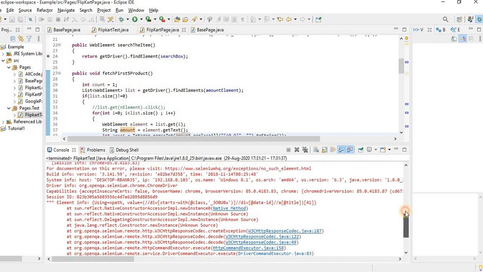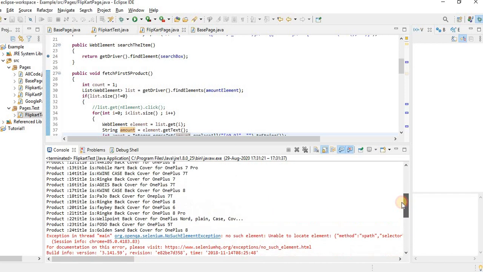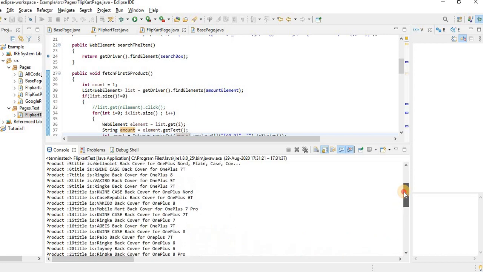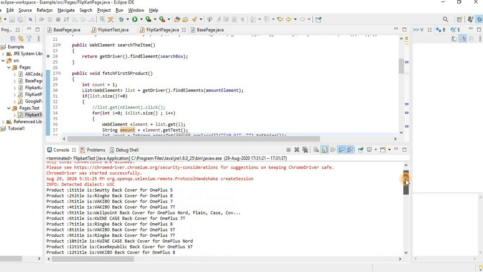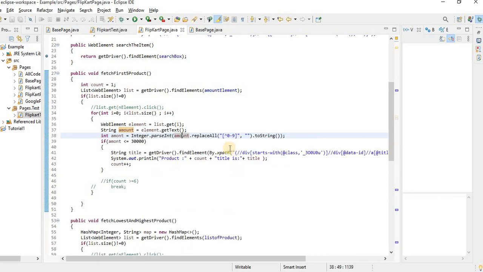Might be I have to do minus one. So you can see all the product names are displayed here. So what the mistake is, instead of this, you can write size minus 1, because it was showing you the XPath. If you don't understand how to resolve the errors, then that is also one way.